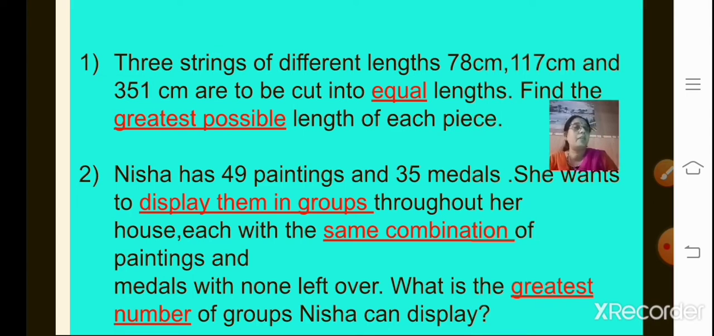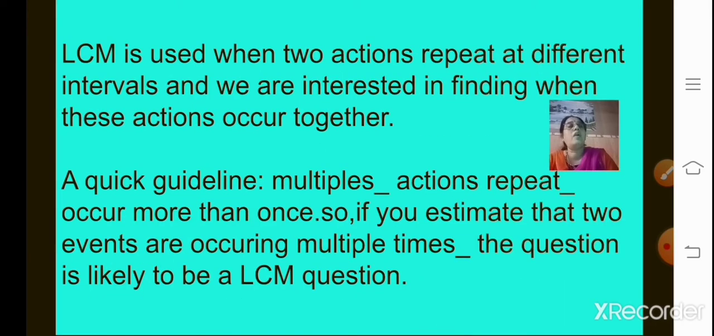So the keywords like groups, to display them in groups, same combination, greatest number. All these words tell us that this question is an HCF type of question where you have to find the HCF. So with a little bit of understanding, read the question, you'll be able to interpret whether the question is an HCF or LCM type of question. Now let us see